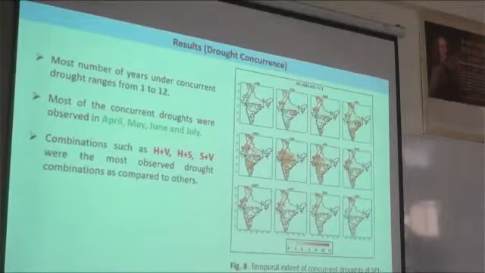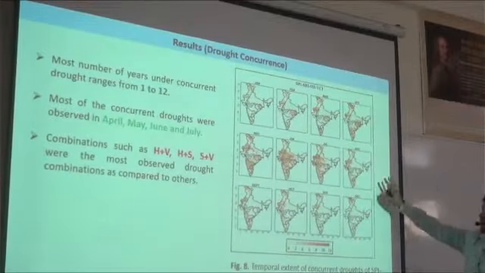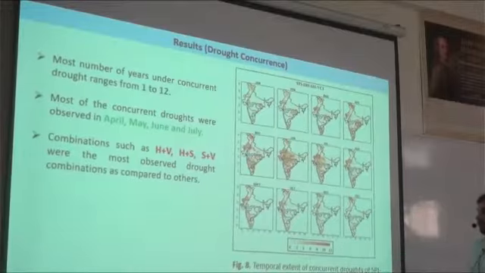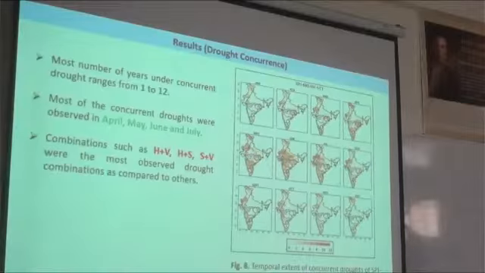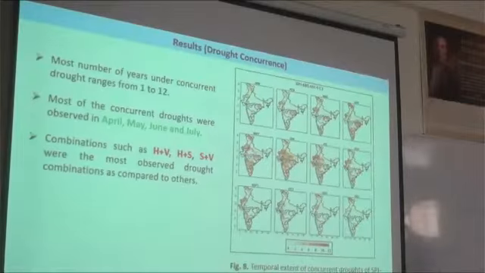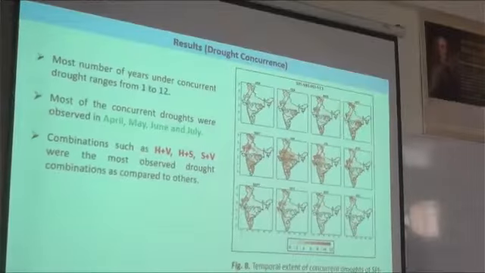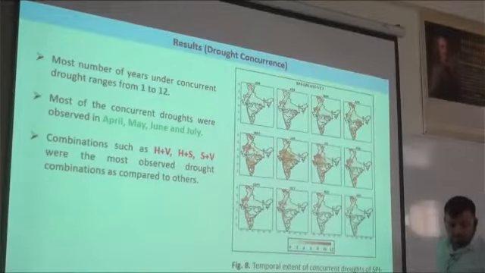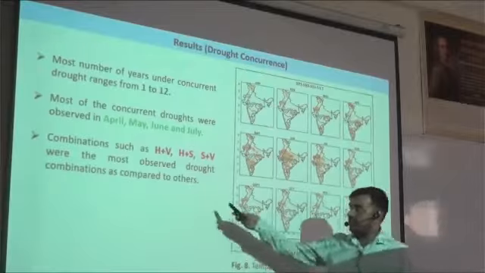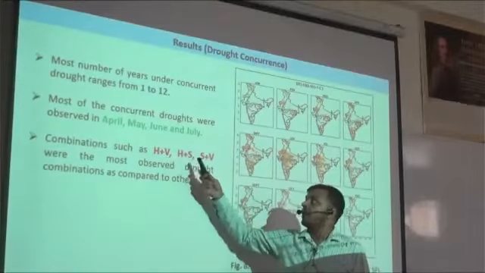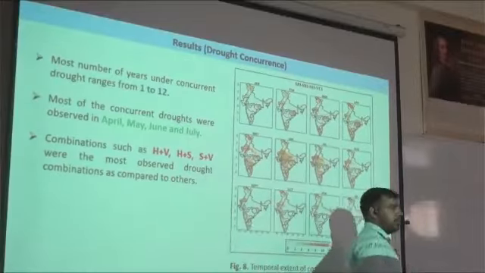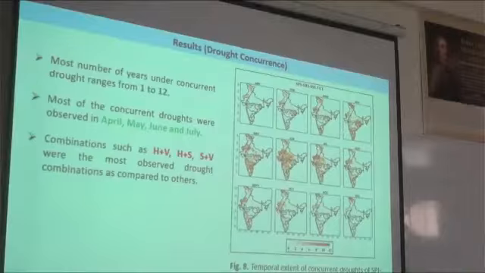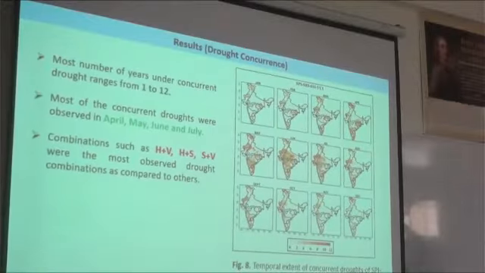Similarly, I have shown here in the spatial extent form the concurrence of the drought, and you can see that April, May, June and July have most of the concurrent droughts, out of which the most important combinations we are getting are hydrological plus vegetation, hydrological plus soil moisture and soil moisture plus vegetation. And based on this we can say one thing, that India is highly vulnerable to